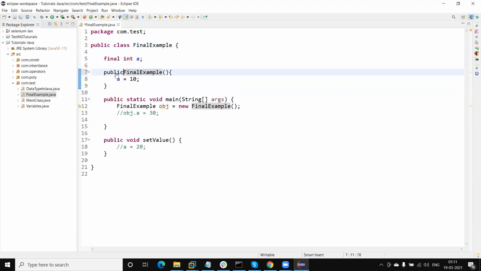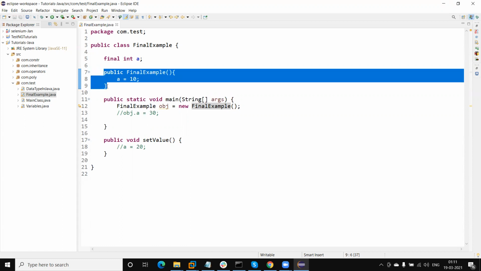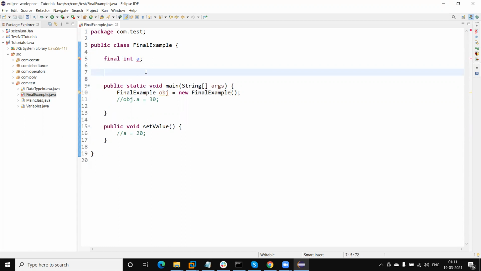If we create a variable with the final keyword without initializing it, it is known as an uninitialized final variable, also known as a blank final variable. Then we need to initialize those variables in a constructor. This is mandatory. If we do not initialize it, we will get a compile time error.